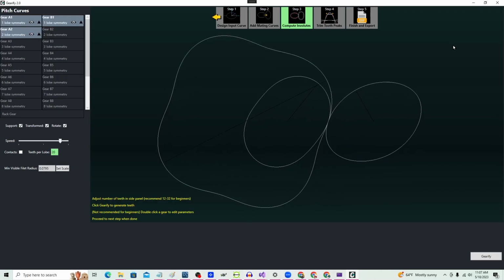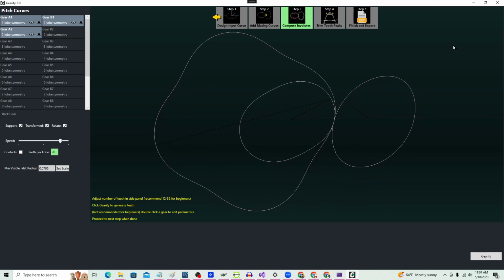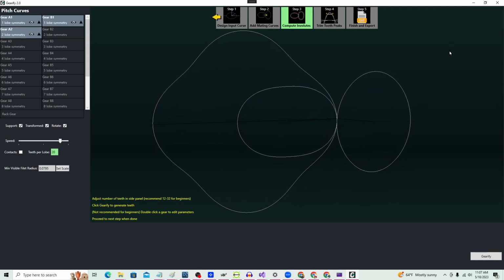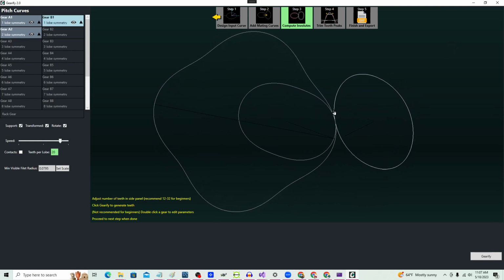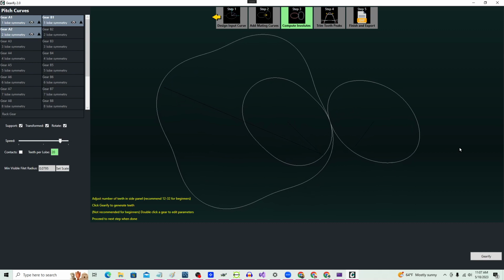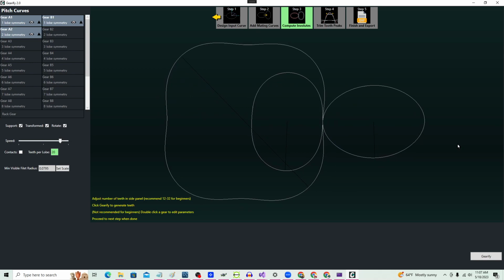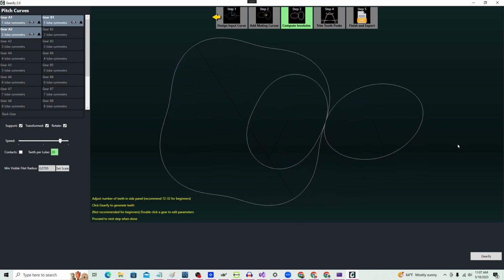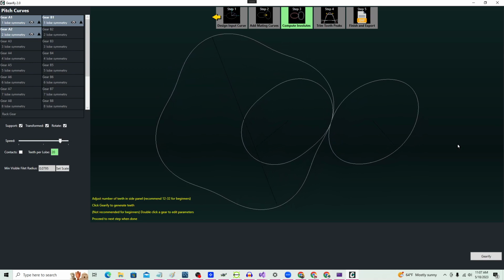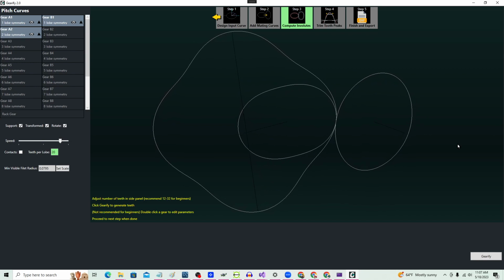In step 3, it is time to add teeth to your gears. Notice how the curves you have generated roll together without slipping. This defines a smooth transfer of motion depending on the shape of each curve. The addition of teeth, take note, should reinforce and do no harm to this transfer of motion as dictated by